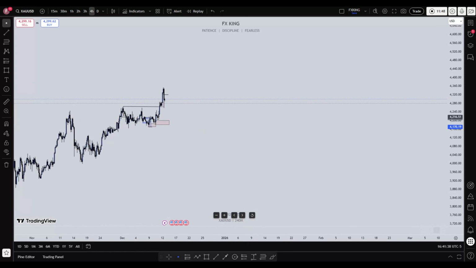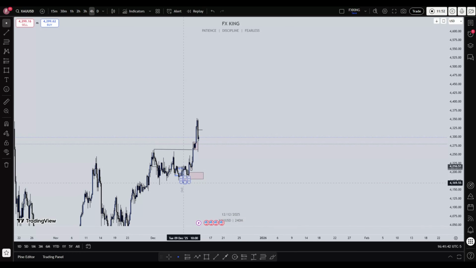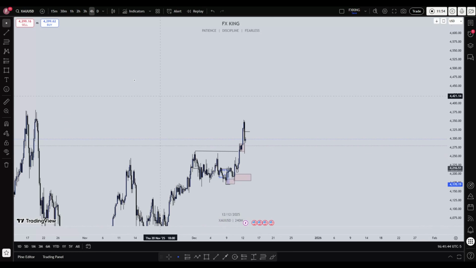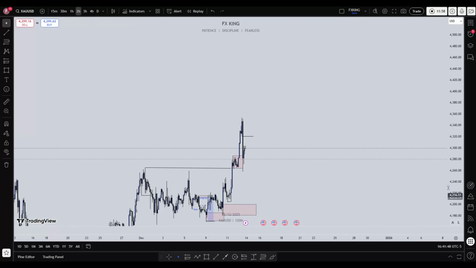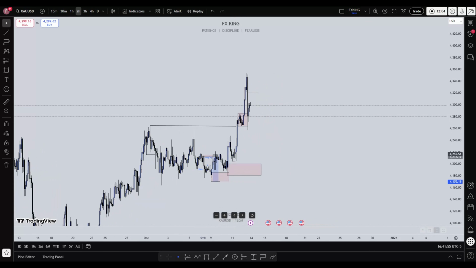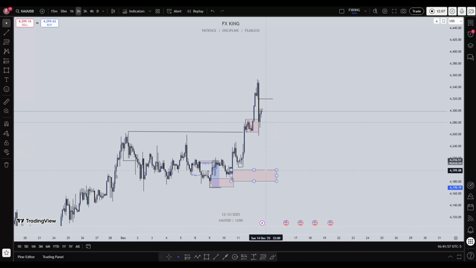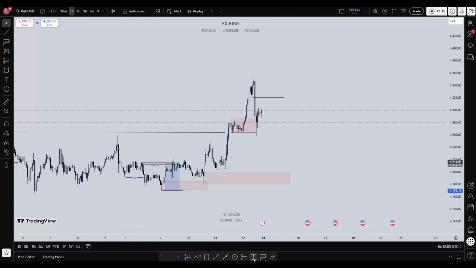So this is where we are looking to see if you can get an entry on gold. Then if you have an entry at this zone, what we'll be expecting is, okay, here we seem to have a mitigation, but on the lower time frame that mitigation doesn't really exist. So if you have an entry here, we can be targeting